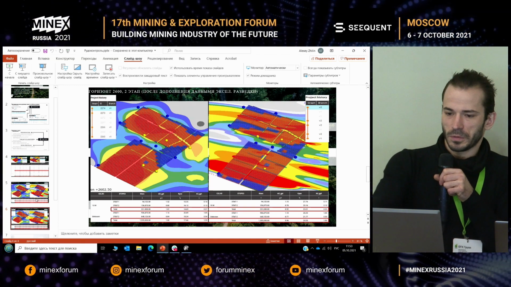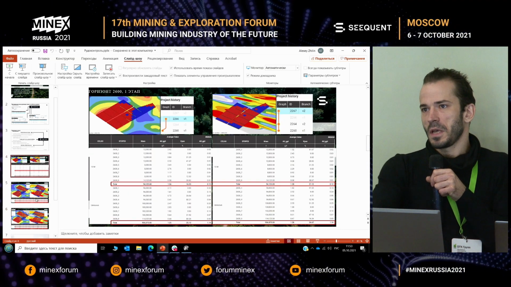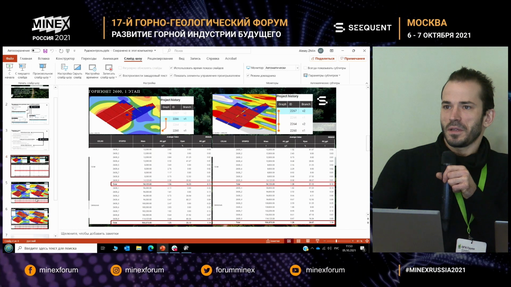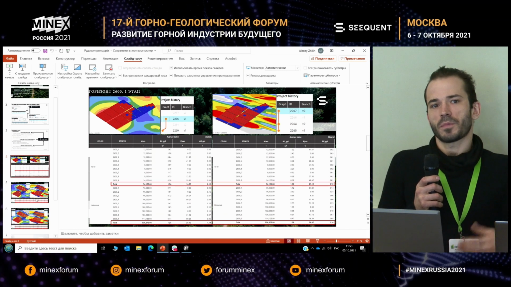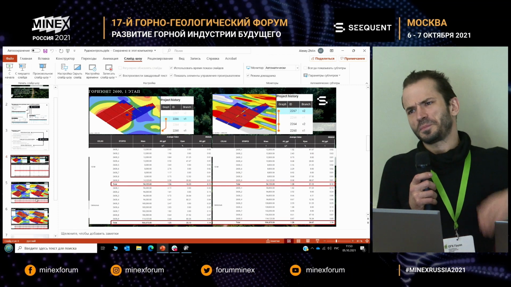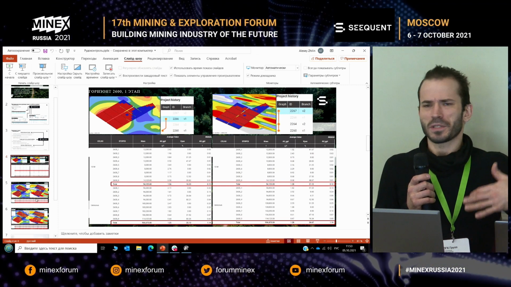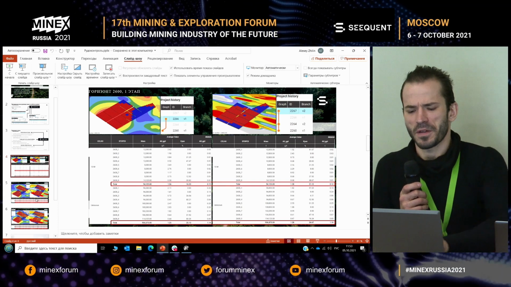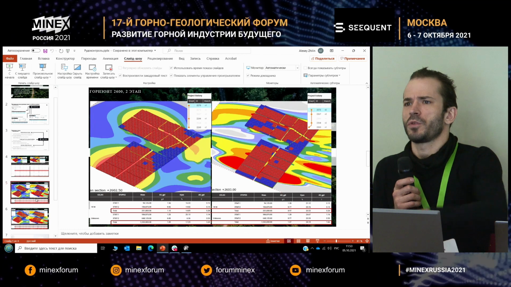I would like to draw attention to several aspects that are very typical of the process that I've just described. So that's the project tree. One, there is a block model that is colored, and then two branches of the project. There are two smaller branches because this is representative of our initial versions.